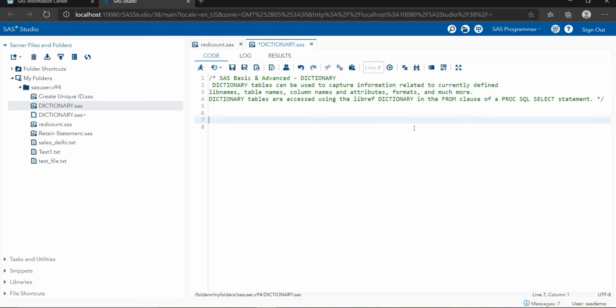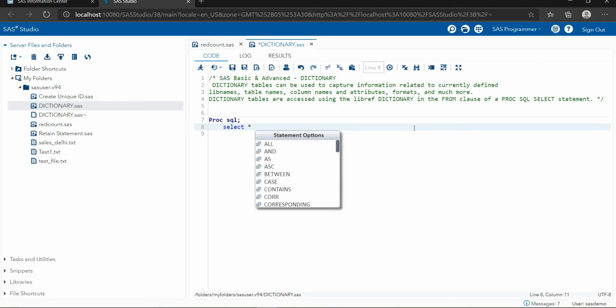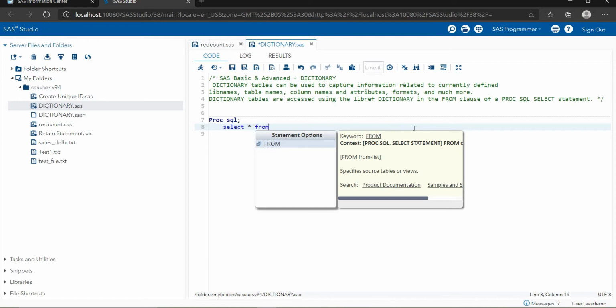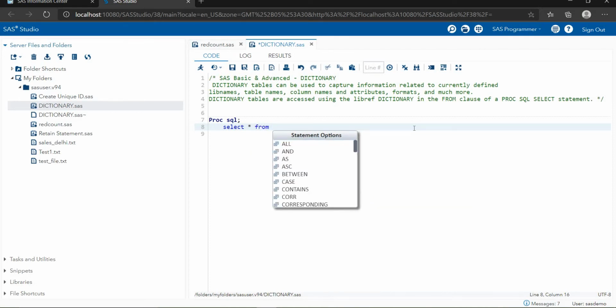Okay, so how to put the PROC dictionary here? You have to write first PROC SQL, then we are using a select statement, select star. I'm selecting all, that's the reason I'm putting select star from. Next is dictionary. Because we are looking for all the information, I'm writing dictionary dot dictionaries.